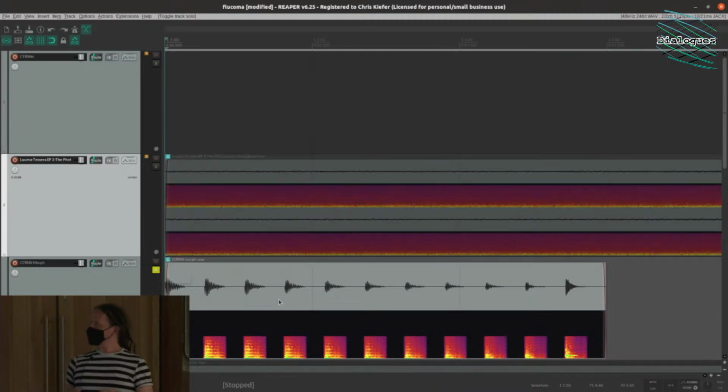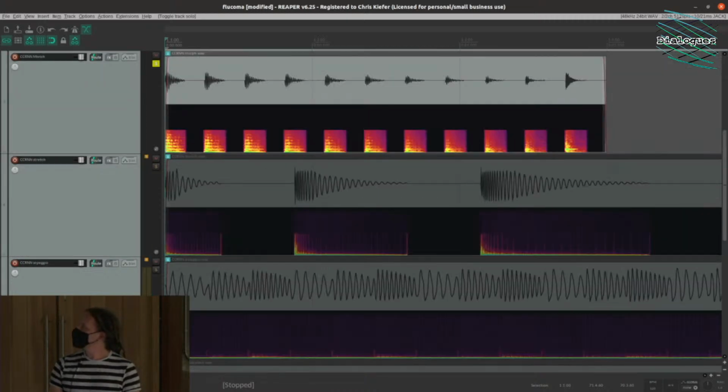There's a model here that's been taught how to do a snare drum sound and a clave sound. And then you can control the morphing between the two sounds by manipulating the neural network. So that's one example. Another is time stretching.